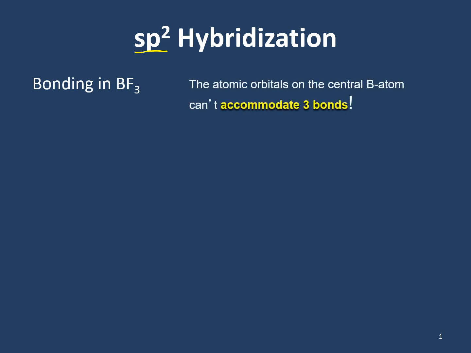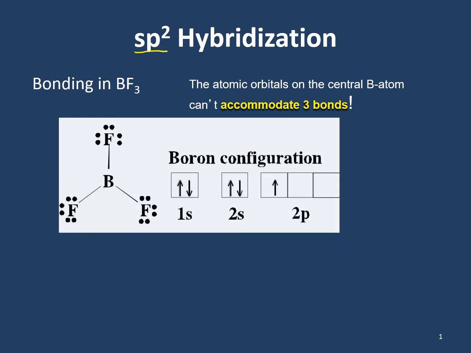Now, this occurs in trigonal planar structures. So, if we look at the bonding in BF3, boron as a central atom cannot accommodate 3 bonds unless it hybridizes. If we look at the valence electrons available in boron, there's 3 total valence electrons, but only one of them is unpaired. And because of that, technically without hybridization, boron should only be able to form a